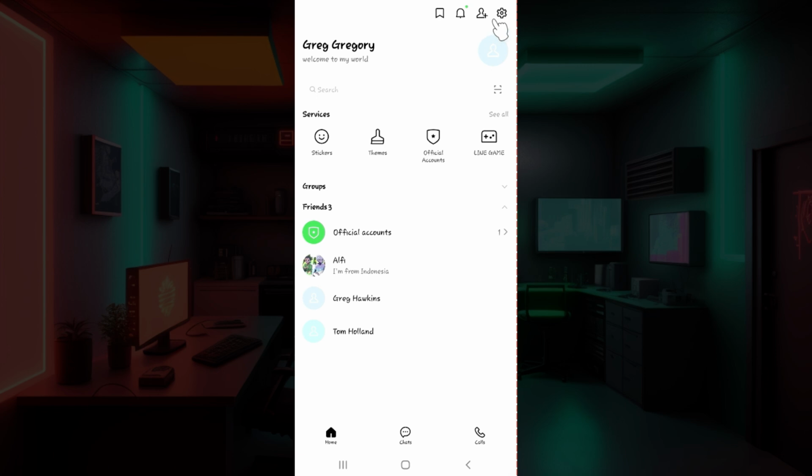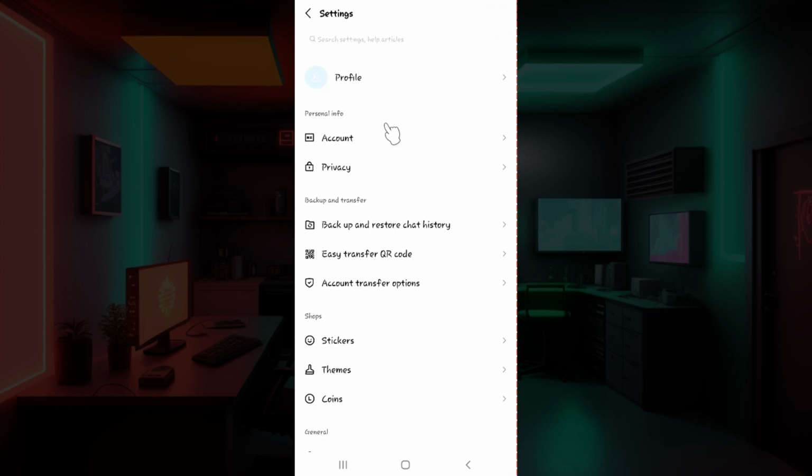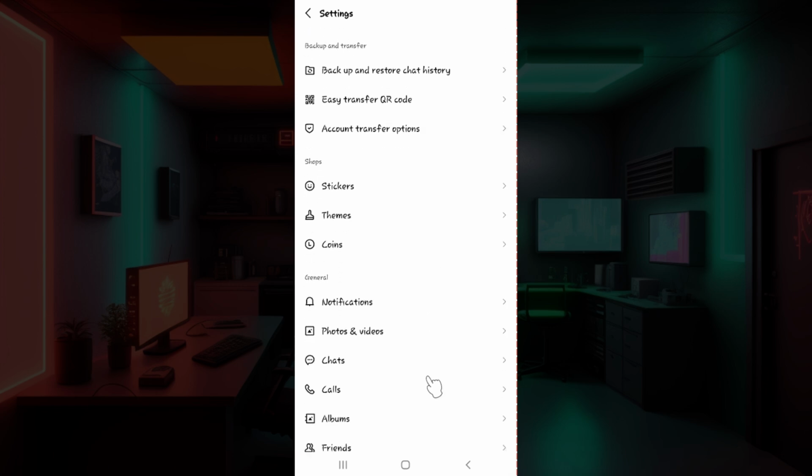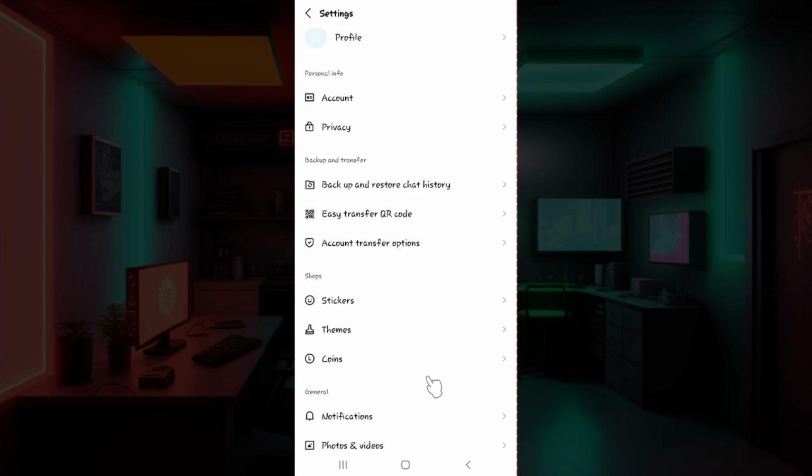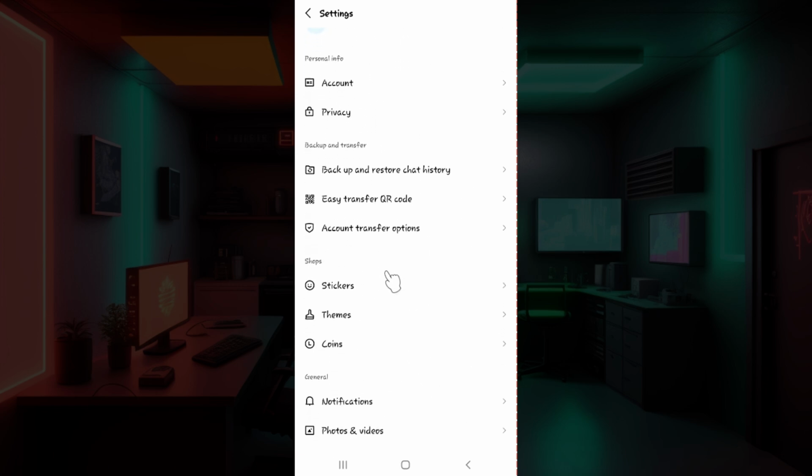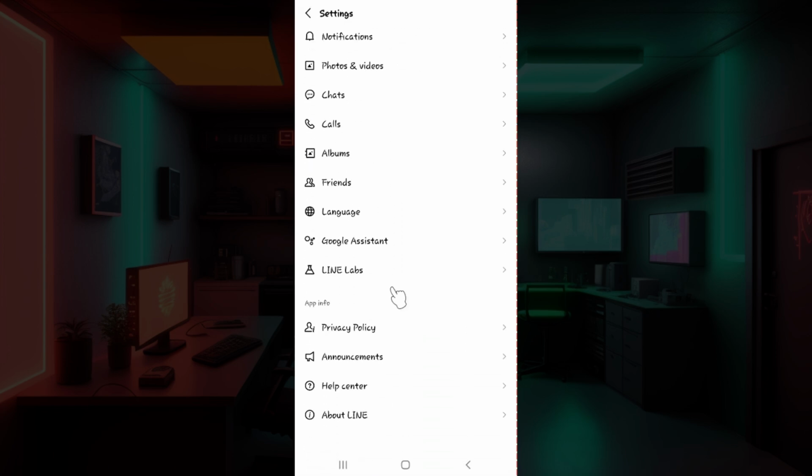At the top right, you will see the settings button right here. Click on it right now. Once you do that, something like this will open up. As you guys can see, there are lots of options. Right now, what you guys need to do is simply scroll down to the very bottom till you see something